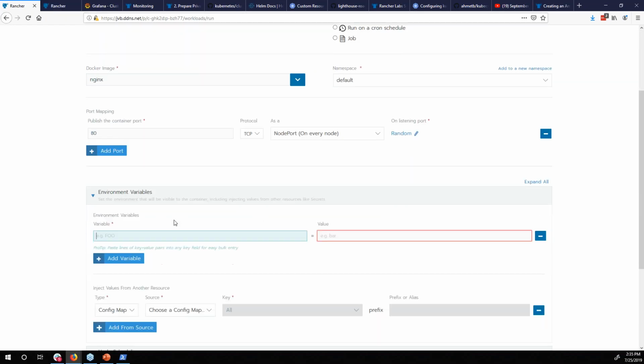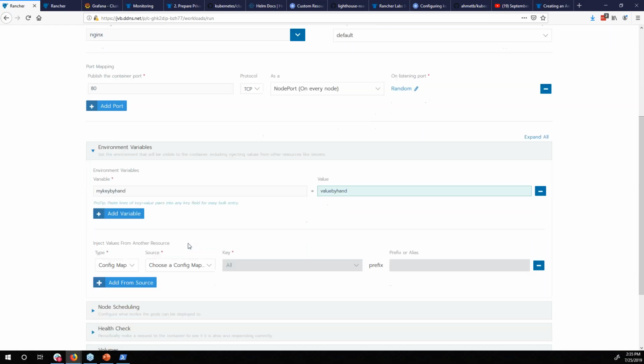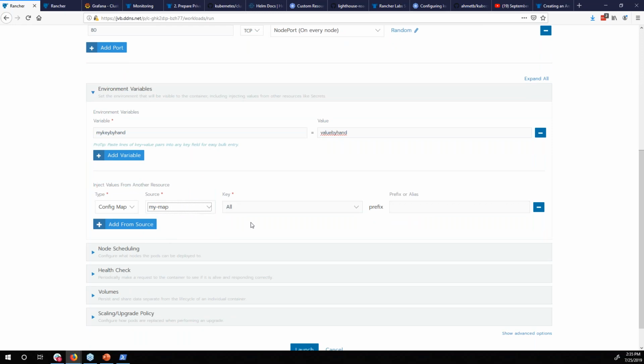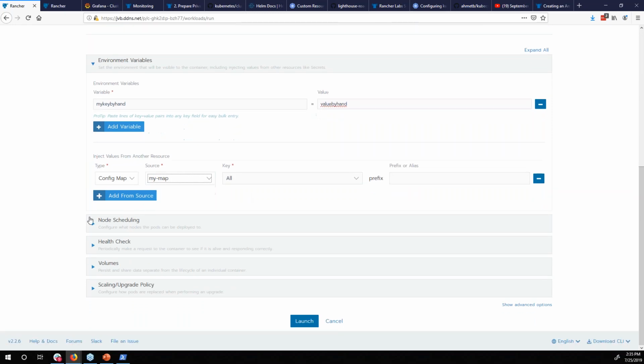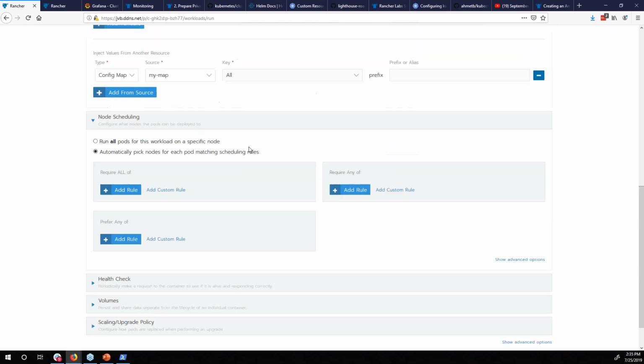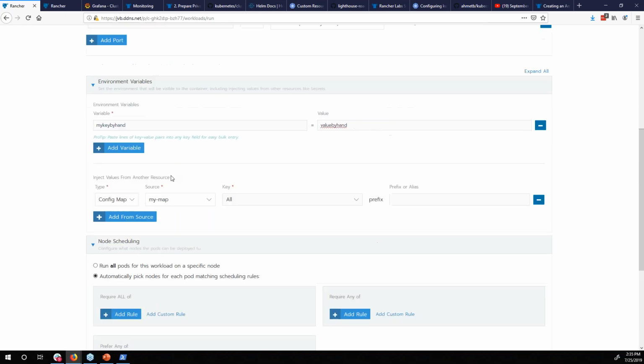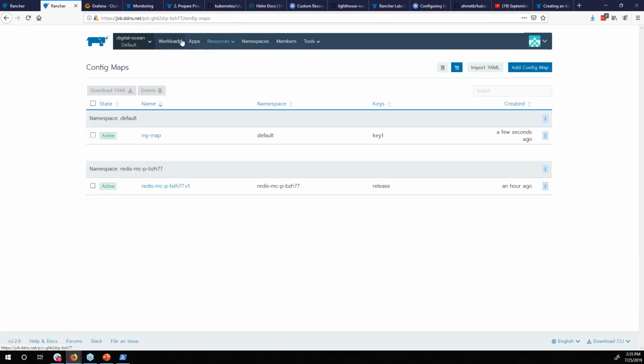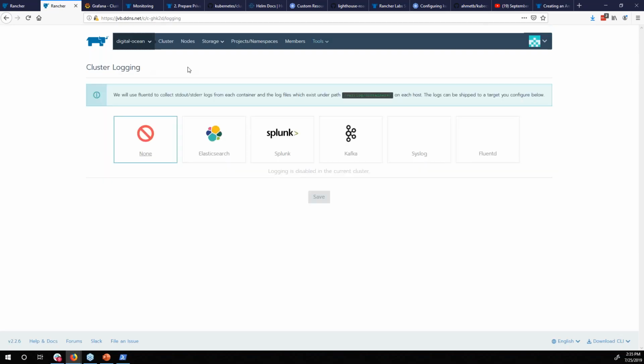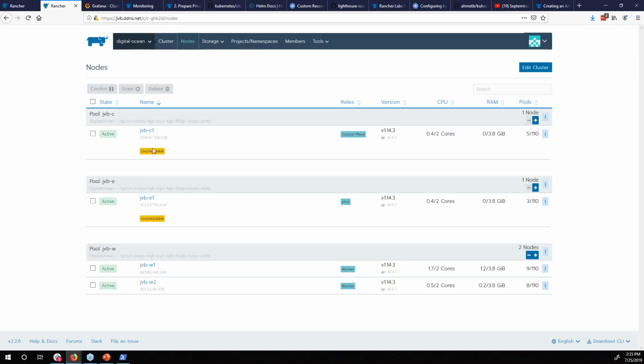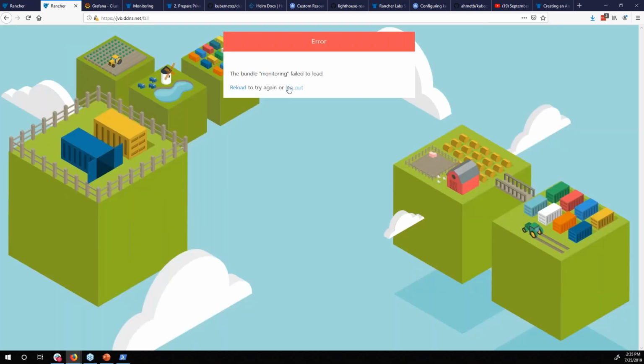So environment variables, I can hand create my own. Key by hand, value by hand. I can also set them up from config maps and secrets. I can do node scheduling. So my nodes have labels on them. So if I take this over here and I go over to my nodes, I can see here that each of my nodes not just has names associated, what their roles are. If I go to each individual node,